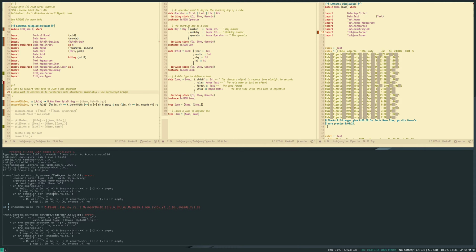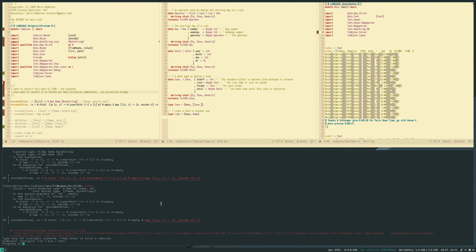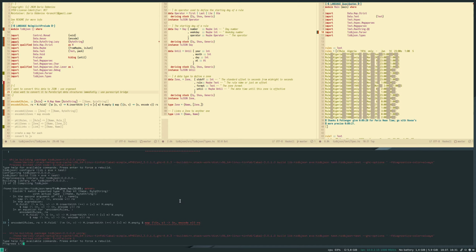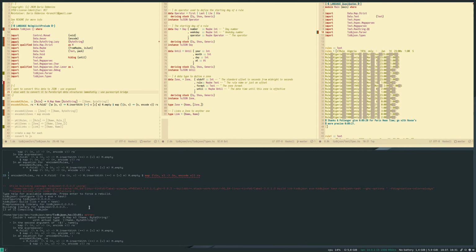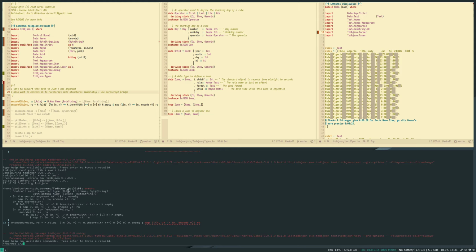So I'm gonna match the array with byte string. This one is an array of byte strings. Couldn't match type map kid0 name byte string.